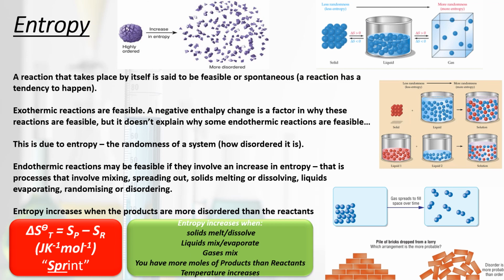Essentially, entropy is to do with probability as well. If I have a truck with bricks on the back, and those bricks drop from the back of the lorry, they could drop such that they form a nice, perfectly formed wall, all on top of each other. Or they could just end up as a complete mess on the floor, very disordered and random. Which one is more probable? Technically, both could happen, but obviously the disordered one is much more probable than the ordered one. Therefore, we say the disordered one has much more entropy. There are many more ways that these disordered ones could be arranged rather than that ordered one where they're perfectly arranged.